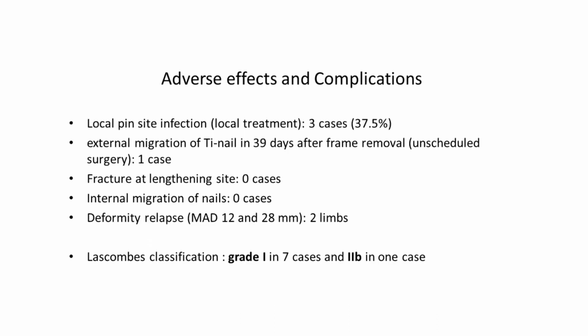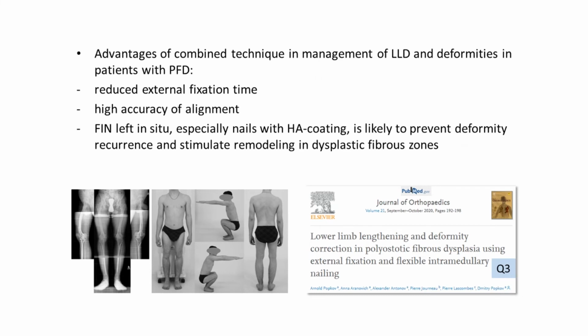As adverse effects and complications, we faced local pin site infection without sequelae in 3 cases. Fracture at the lengthening site we didn't observe, nor internal migration of nails. Partial deformity relapse was observed only in 2 cases. And according to the Paley classification, we achieved grade 1 in 7 cases and grade 2B in one case. So as a conclusion, we find advantages of the combined technique in management of limb length discrepancy and deformities